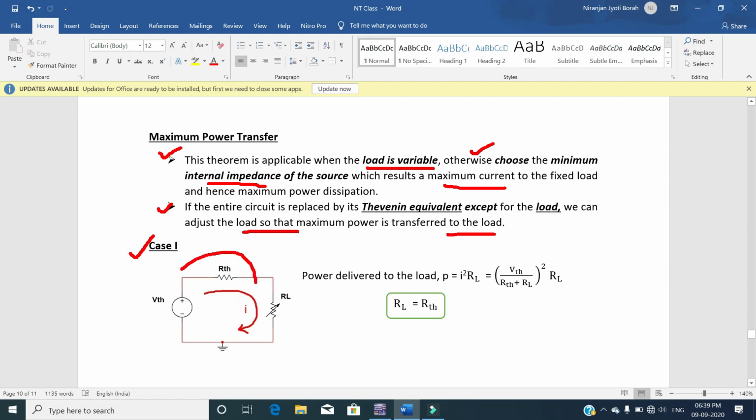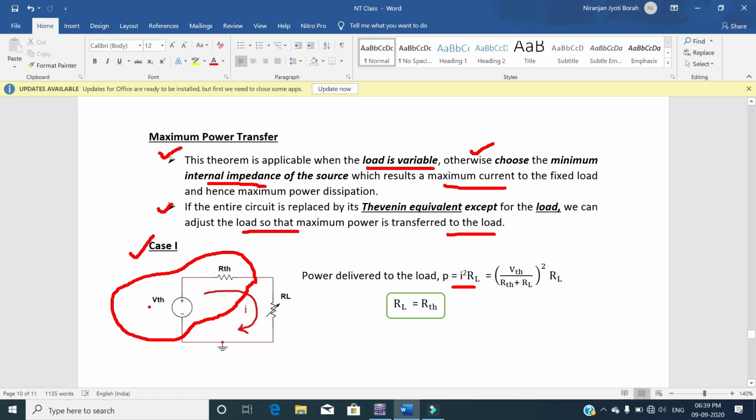Here in this circuit, this combination of VTH and RTH represents the Thevenin's equivalent of the rest part of the circuit, which is connected in series with this load resistance RL, and which is a variable one. So in this case, if I need to find the power delivered to the load, then we know power equals I square into R. Here I is nothing but your loop current.